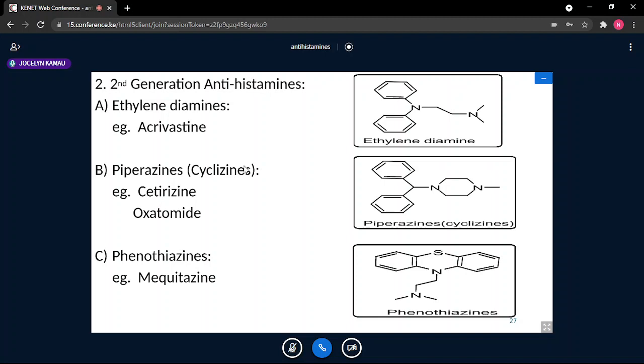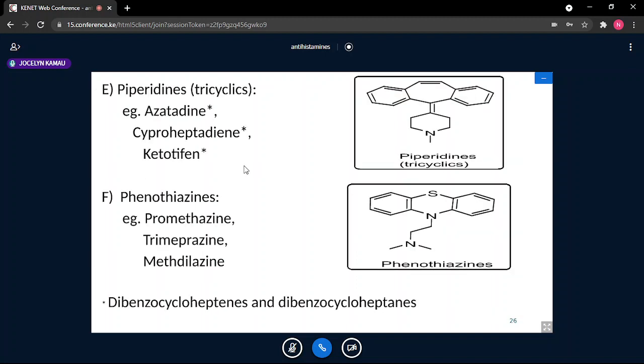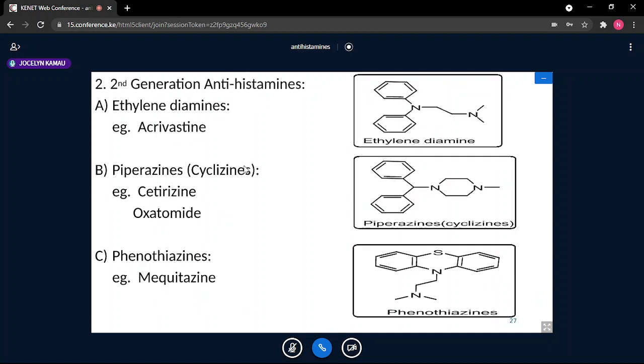So those are mainly about 5 categories. Those are the categories that represent the classical first generation antihistamines. We look at them one by one. Then you have the second generation antihistamines. Again, they are derivatives of the first ones. So once you understand the first ones, then there is nothing new. Of course, the structure might be different, but we are saying